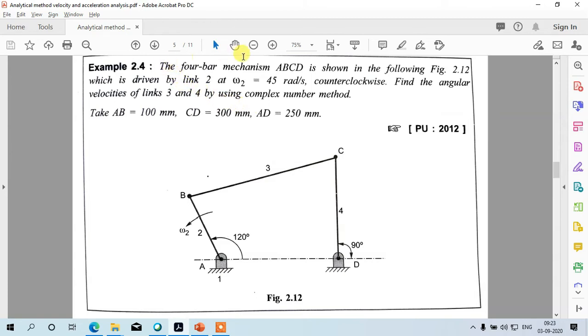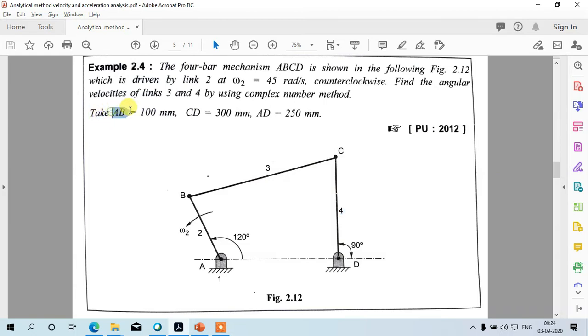The 4-bar mechanism ABCD is shown in the figure, which is driven by link 2. This link number 2 is the crank, which is driving this mechanism at omega 2 equal to 45 radian per second. The angular velocity is in counterclockwise direction. Find the angular velocities of link number 3 and 4 by using the complex number method, or you can say by the analytical method,